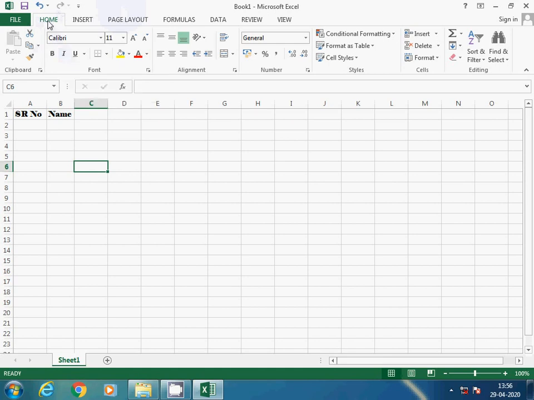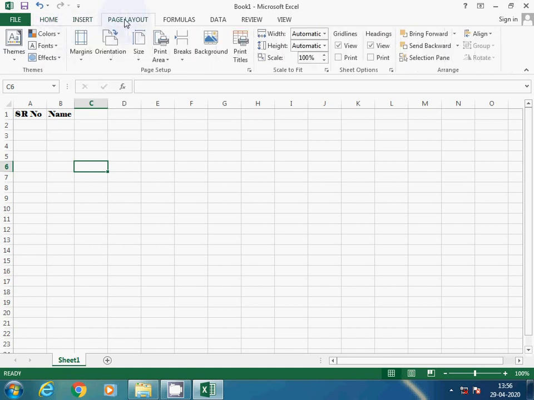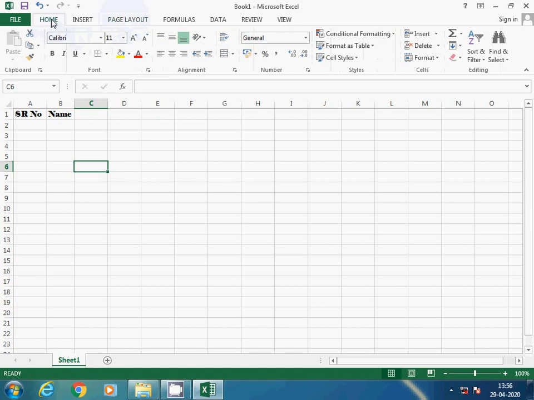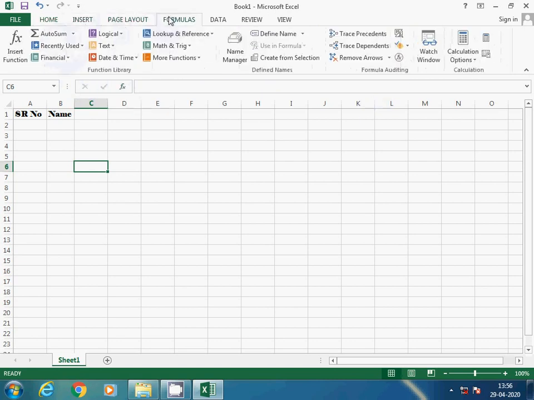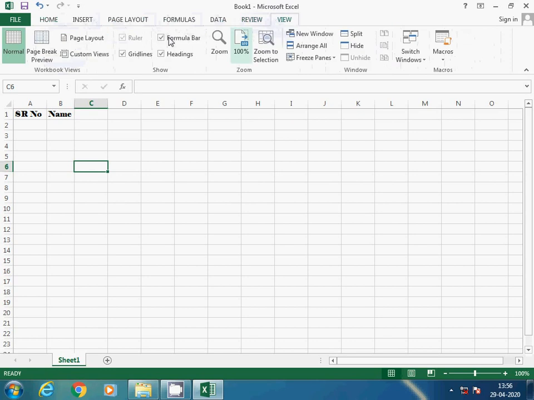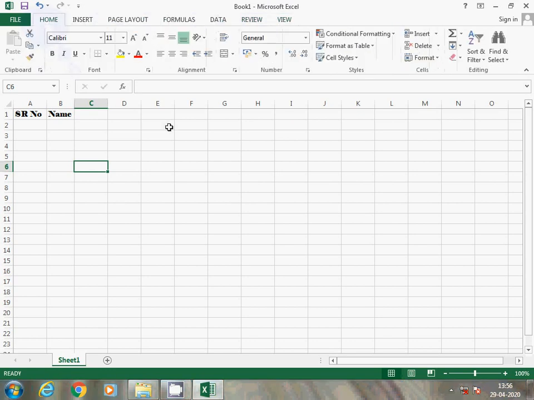Home, insert, page layout are known as tabs, and clipboard, font, alignment, number, styles are known as groups. Each tab has its own groups and commands. These tabs consist of commands, and these commands are grouped in specific units, that is called groups.